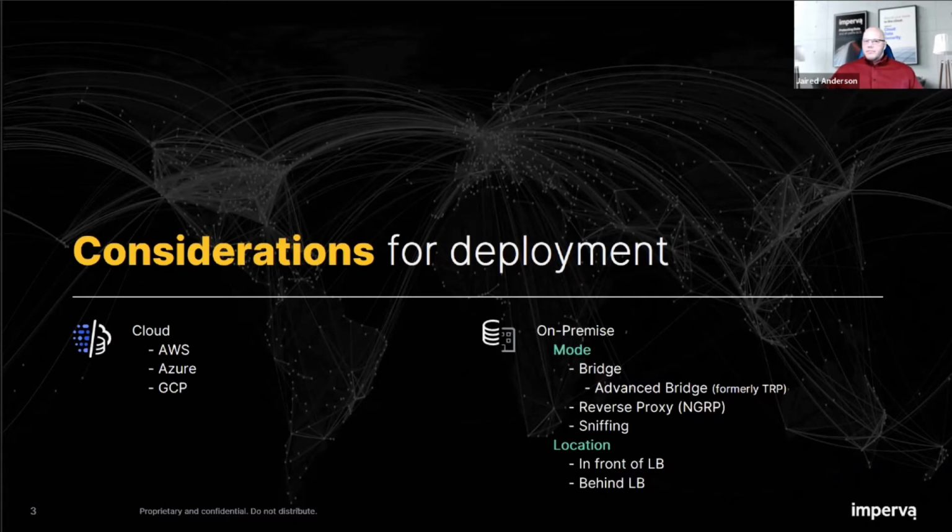The next thing we need to consider is the location. Are you going to put it in front of the load balancer or behind the load balancer? This is also a very important decision to make. In most on-prem environments, from what I've seen personally, working with hundreds of customers on the ProServe side of the house, there's not a load balancer sandwich like you find in cloud deployments, where you have a load balancer on the front end and a load balancer on the back end. Typically, you have one, and you have to decide: do I want the WAF in front of the load balancer or behind it?